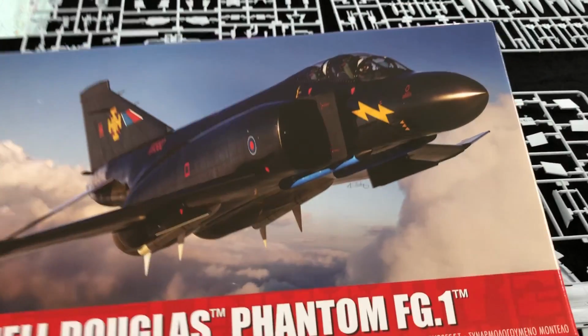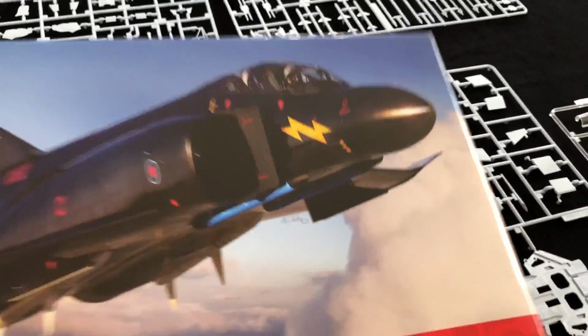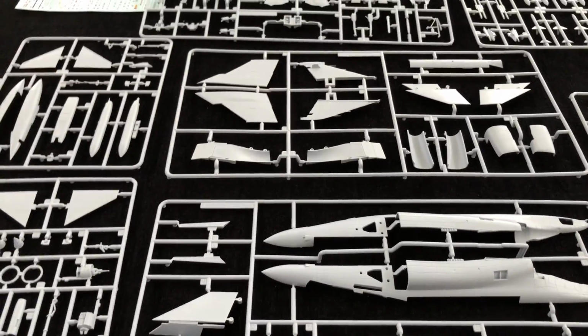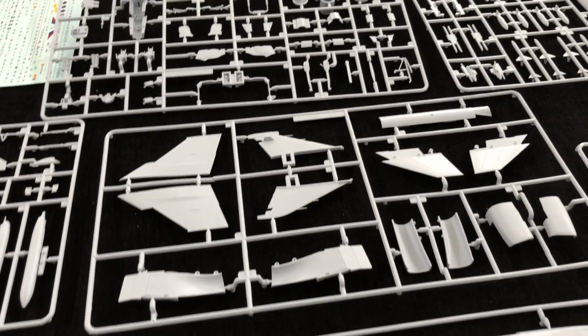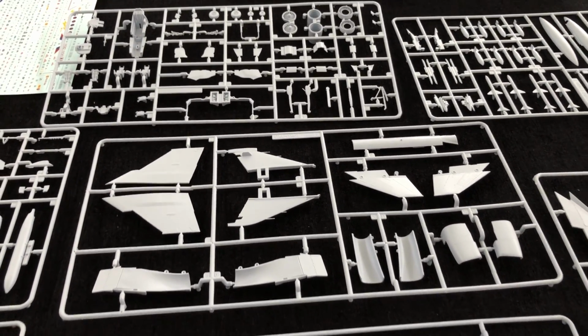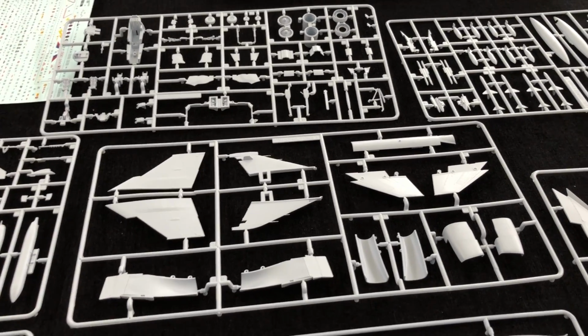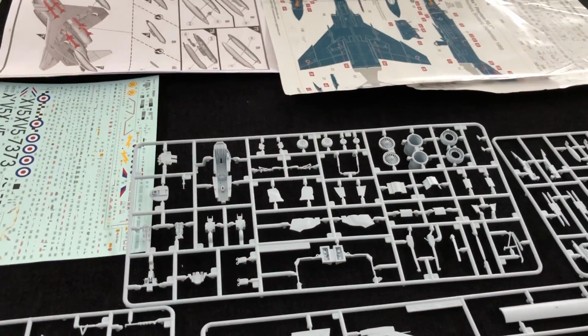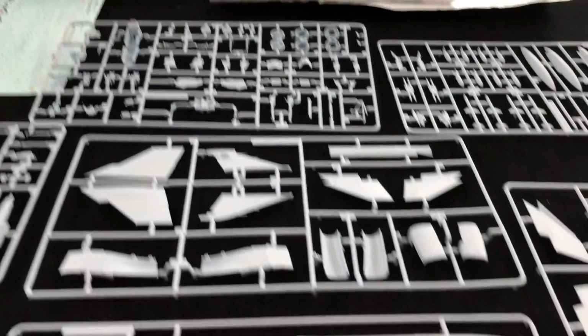Okay, so what have we got this time? So essentially it is the same kit, but with obviously the new decal sheet. That's the primary thing. We get a couple of new markings, a couple of new schemes. We've got Black Mike, and of course we've got a classic 43 Squadron Fighting Cocks black and white checker scheme